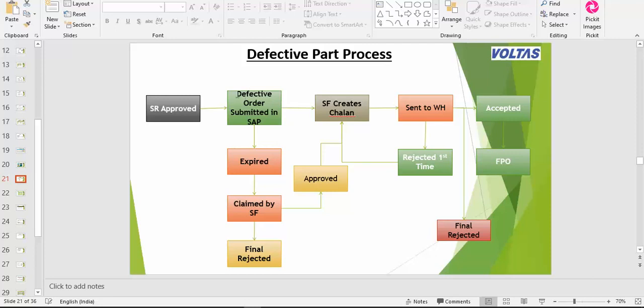SR approved, then we generate the defective order. It doesn't mean it is settled. Now the order is generated, and it goes to create the challan first. It may be you create the challan, it may not be you create the challan. If you are not able to create the challan within 15 days,